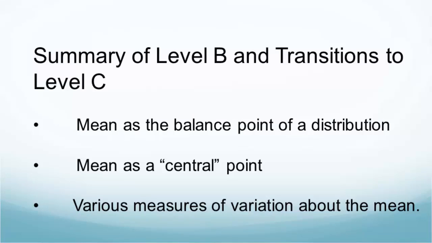Right, because they understand center, they understand deviating from the center. They understand kind of the average. How on average, how far do I deviate? That's exactly right. So what happens then is, once they've gotten through understanding the concept of the mean as a balance point at level B, and the way we quantify variability from the mean, that average deviation from the mean with the MAD, we go to level C, and really what we want them to understand at level C